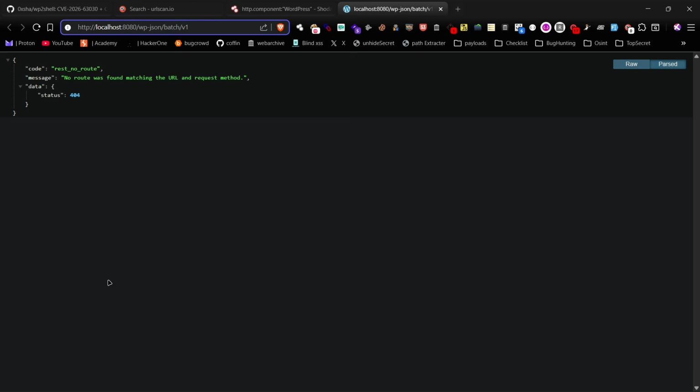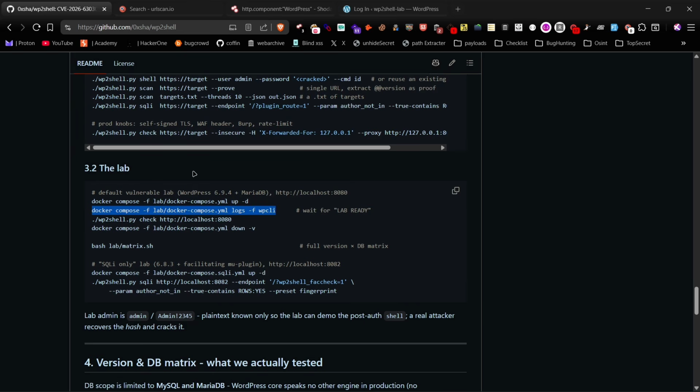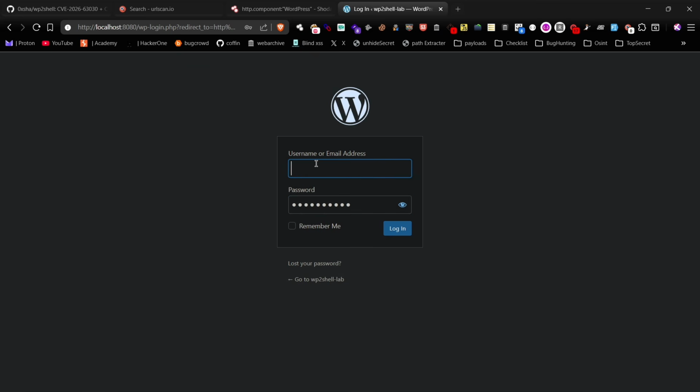This request shows how the batch API route confusion happens and how it eventually leads to SQL injection. Normally, this endpoint restricts certain HTTP methods, but by sending multiple sub-requests inside a single batch request, we can confuse the routing logic. As a result, a request that should normally be blocked gets processed, which is the first step